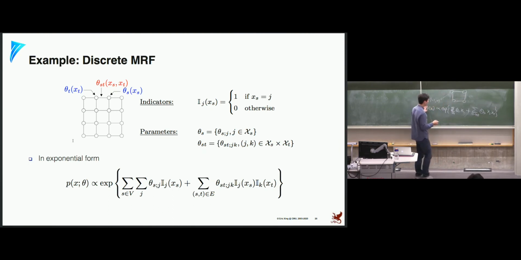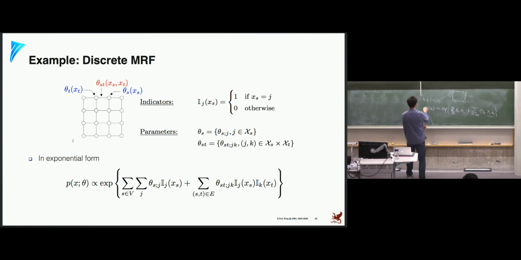Right now, because these are positive or negative ones, depending on what your model says, you can sometimes say if they are equal in sign, then I give a 1 score, and if their signs are different, then I give a -1 in the score. So this is one way to express the Ising model in the exponential family form. And the slide here is just a multivariate version.